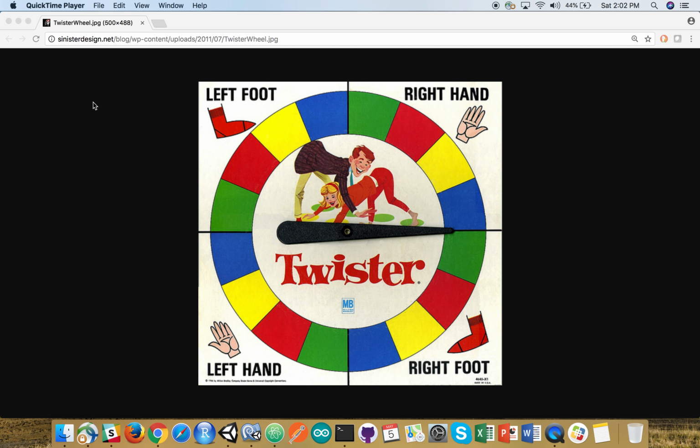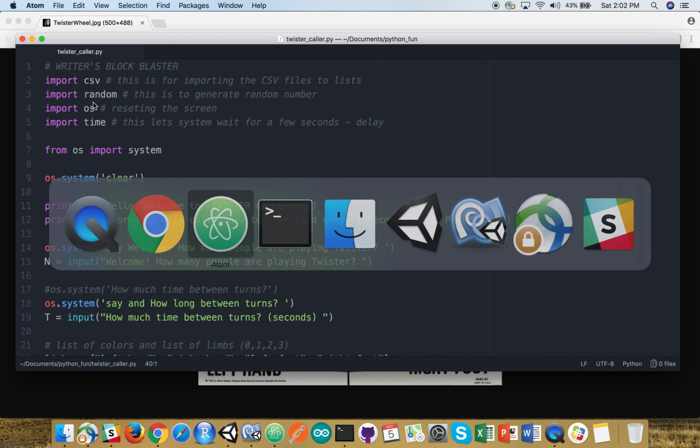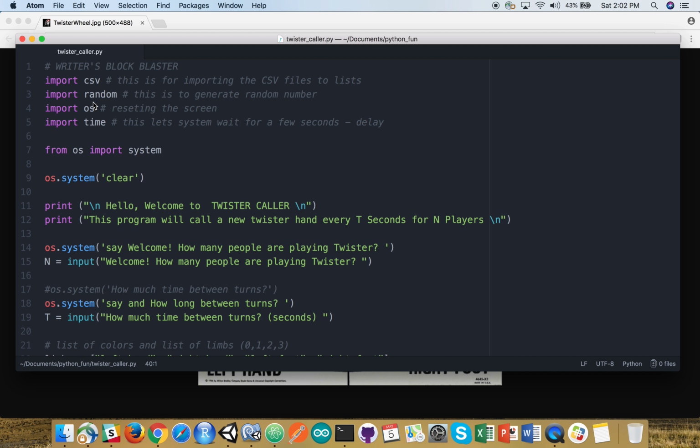This is a quick video on a two-part project to create an automated Twister wheel for people that want to play Twister but don't want to be flicking the wheel. What we've done here is put together a bit of code in Python, and that's the first part. We get this working in Python, and then we plan to port it over into Unity and make a visual version of this. So in Python to begin, we're going to import all of our packages here,